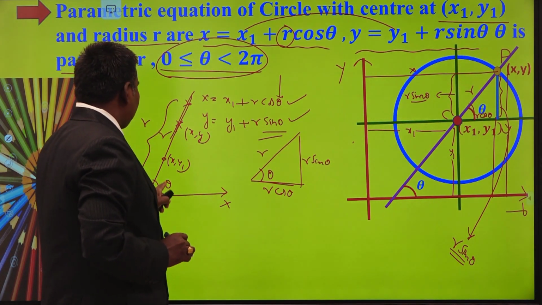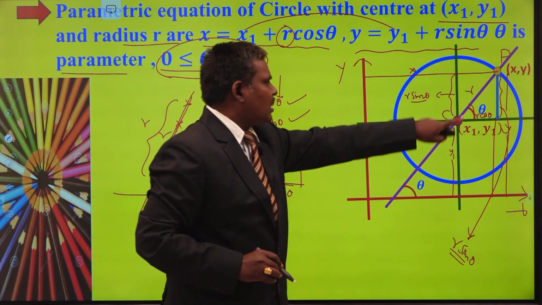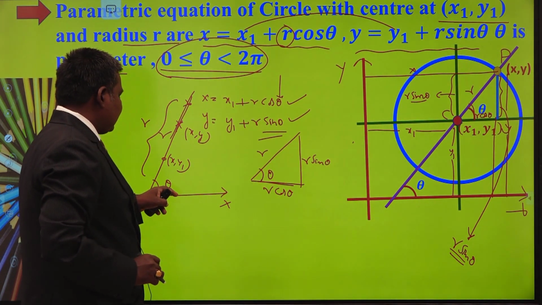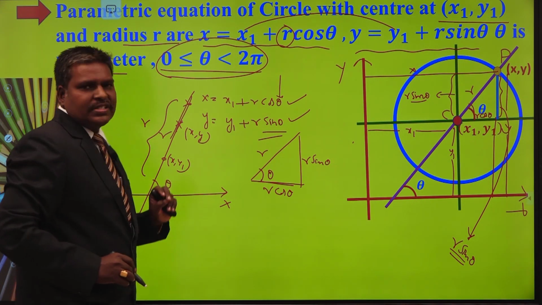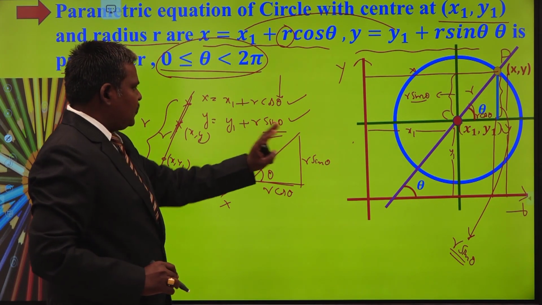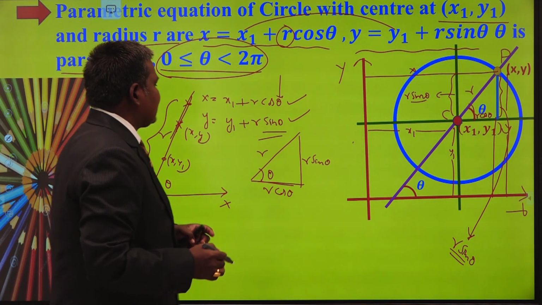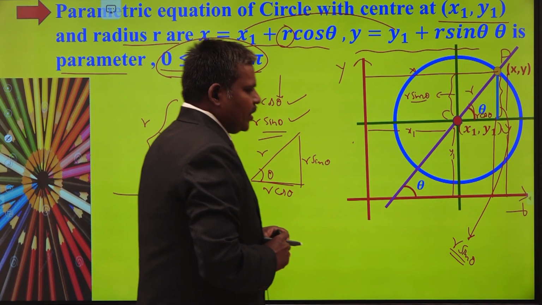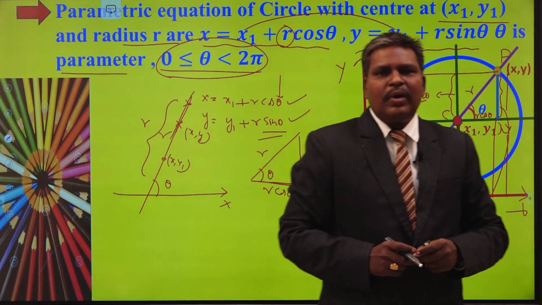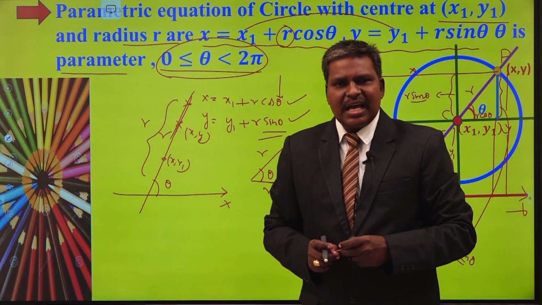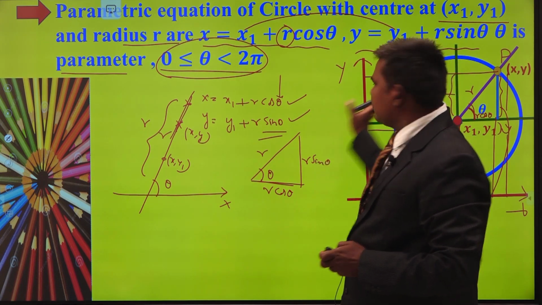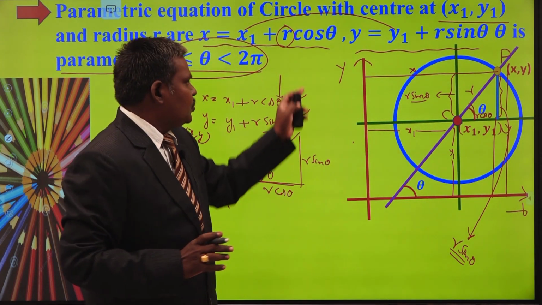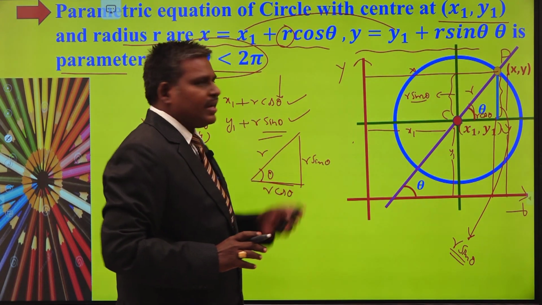Here theta is fixed, there theta is varying. Theta is varying by moving the line itself. But here your line is fixed, so the theta, that is the inclination of the line, will be fixed. So, don't confuse both the formulas even though they represent similar equations. x is equal to x1 plus r cos theta, y is equal to y1 plus r sin theta. What is x1, y1? The center of the circle. What is the radius of the circle? Understand? Just by looking at the diagram itself, we obtain the coordinates of the point which is moving on the circle. These are parametric equations.